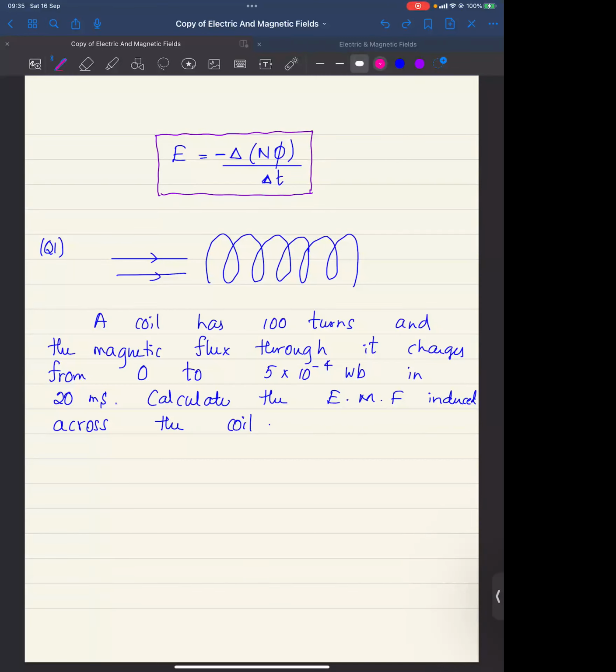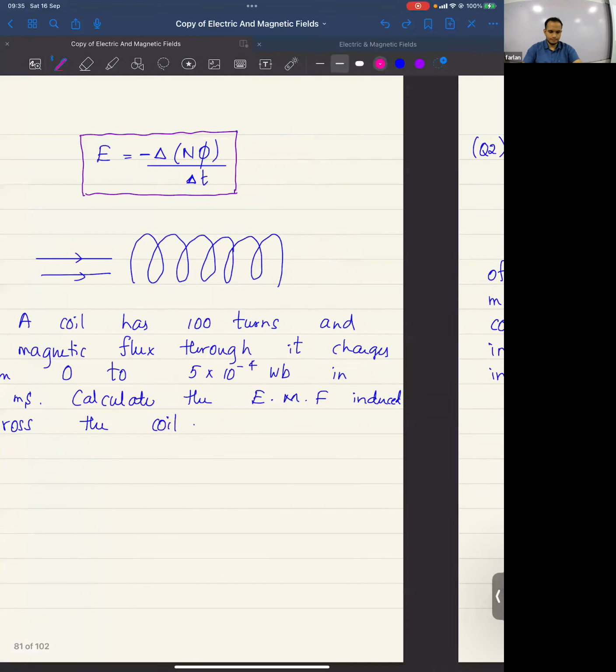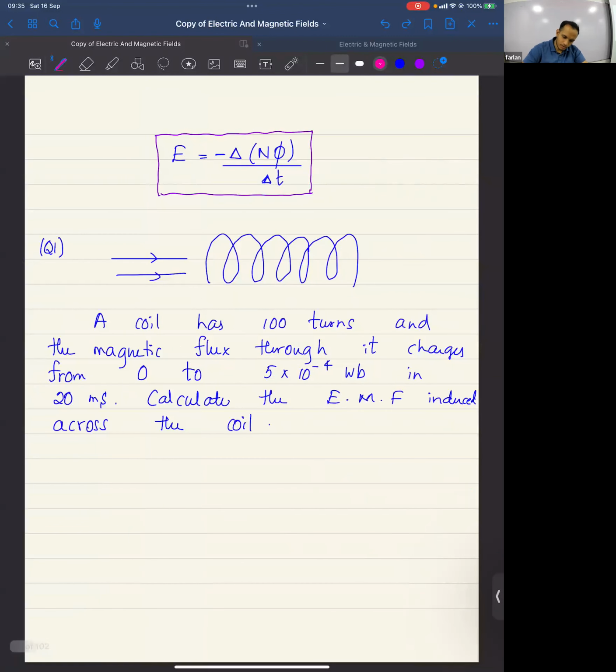Calculate the EMF induced across the coil. Right, so guys, EMF induced